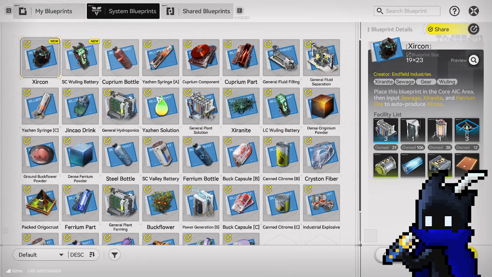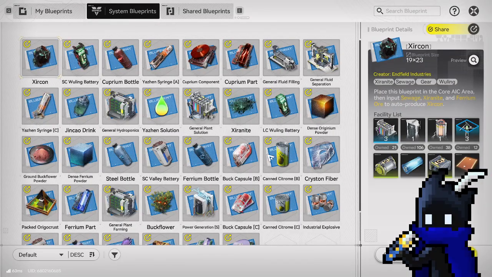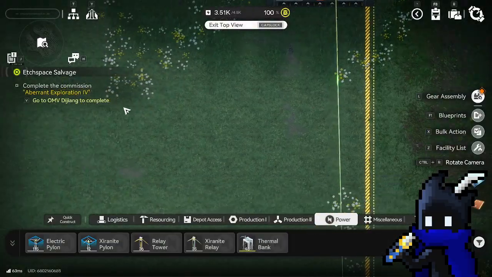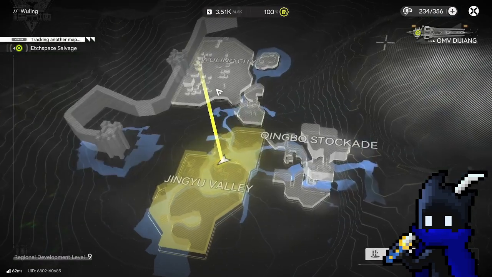System blueprints. How do they make SC? Oh, I thought they were gonna give me the entire massive blueprint. Okay, yeah. I was like, how do they fit that in a 50 by 50? Actually, you could fit in a 50 by 50, but if you use up a 50 by 50, that's also quite space inefficient. Okay. So